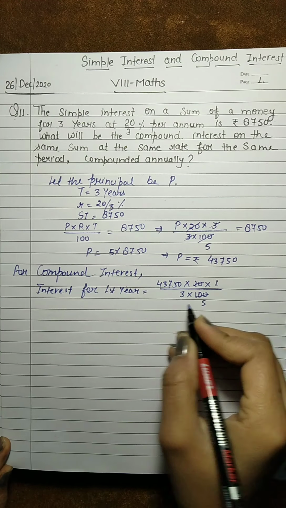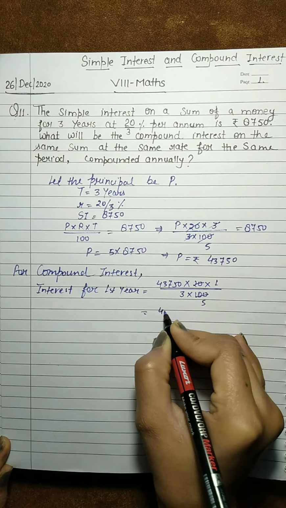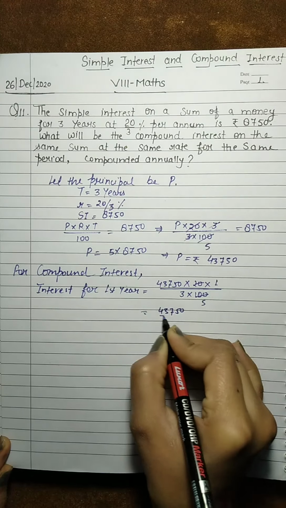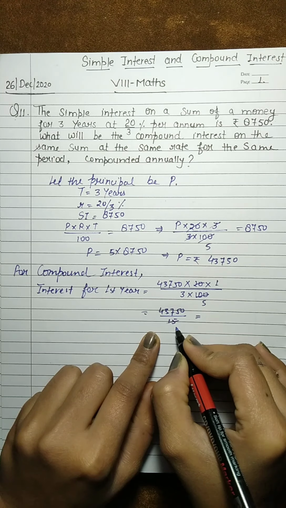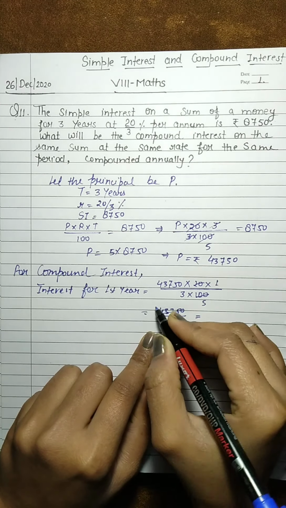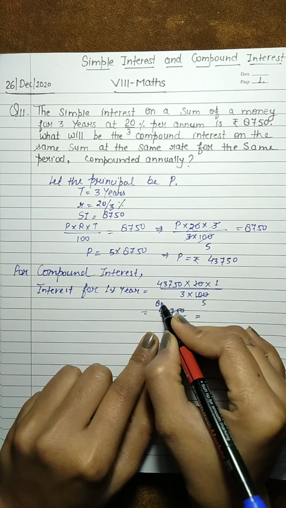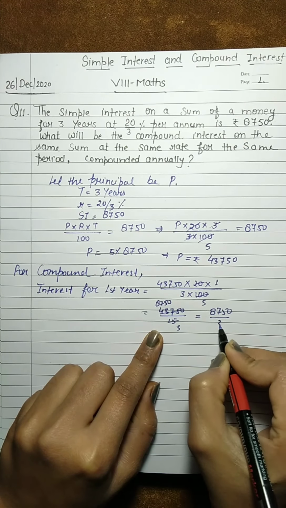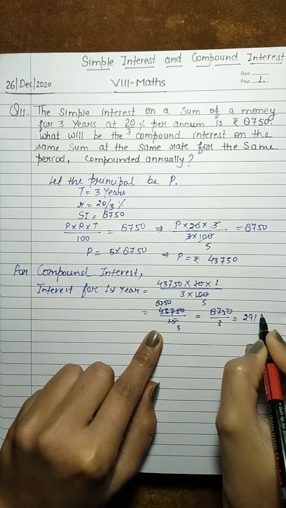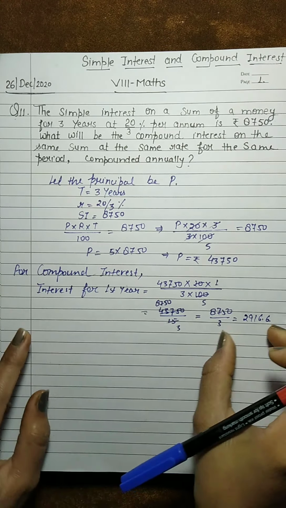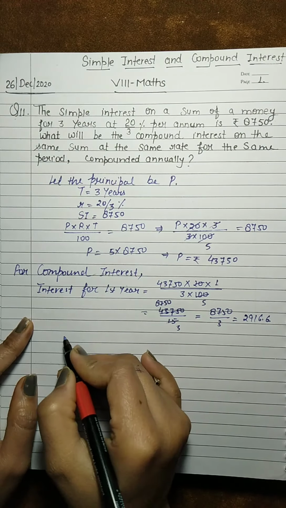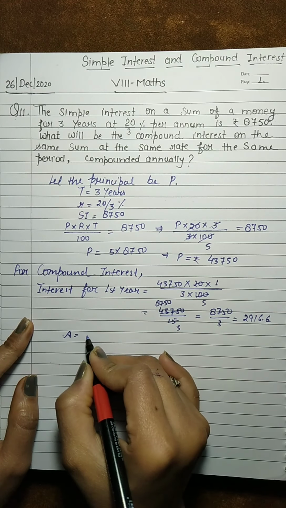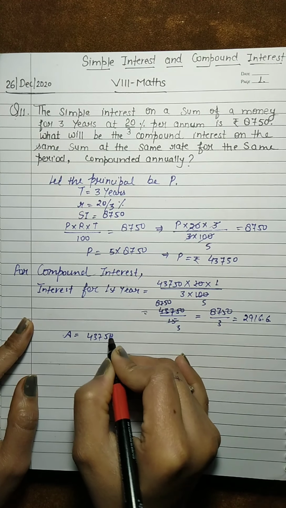So 25 is 100, so we have 43,750 upon 15. Okay, 5 3s are 15, and it will be cut for 8,750 times, so we have 8,750 upon 3, and 2916.6. Okay, so that is the interest for I1. Okay, now amount here, amount will be 43,750